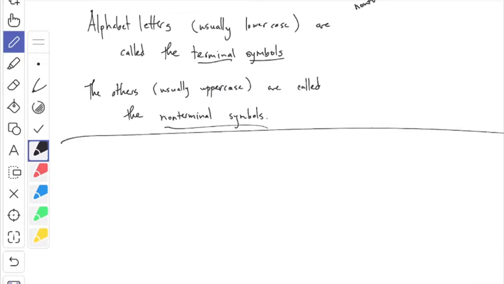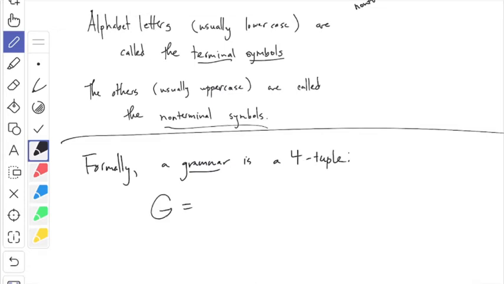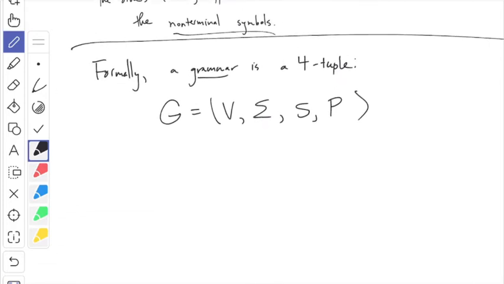So formally, a grammar is a tuple. In this case, we only need 4 things in it. And we typically are going to write it this way: V, sigma, S, and P, where V